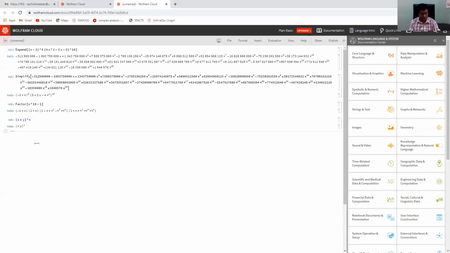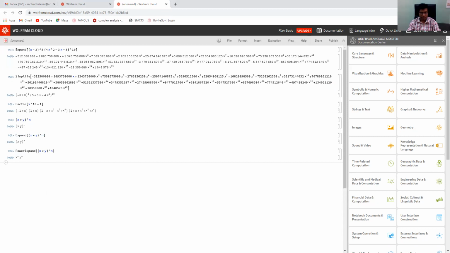So let us first use Expand. If we use Expand for this expression, still we are not getting the expected result. So instead of Expand, let us use PowerExpand. Okay, now the result is as per our expectations, x raised to n into y raised to n. If we are using logarithm, then also this PowerExpand will be useful.